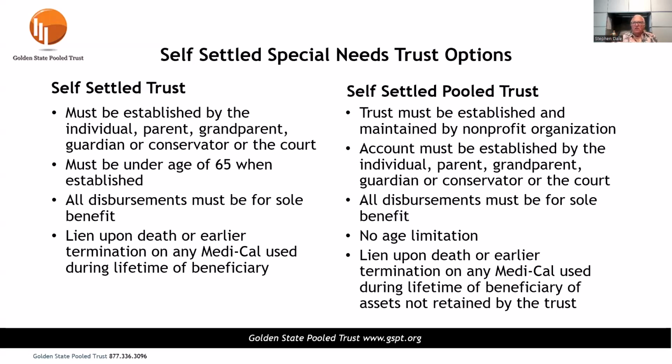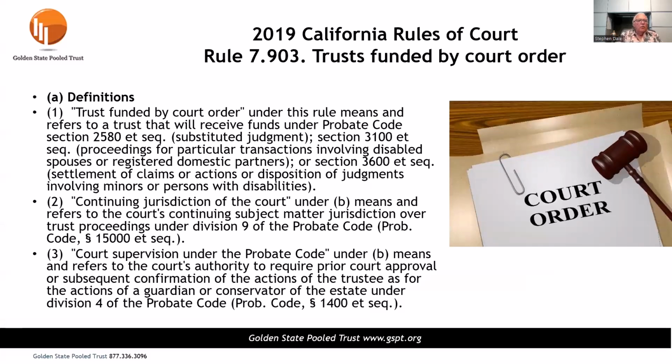I'll just mention this for GSPT. We are starting to put in our joinder agreements that if there is no possibility of getting anything to a remainder beneficiary, then the Golden State Pool Trust takes nothing. We are now, if there is no chance of getting anything to the remainder beneficiaries, looking to hold half of the funds so we can use it, quite frankly, to offset care management costs. So once again,